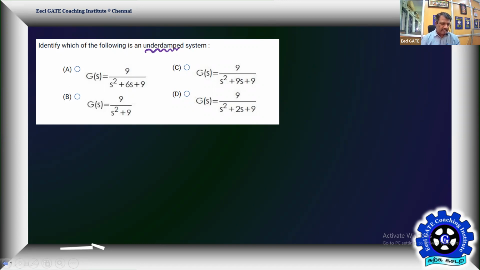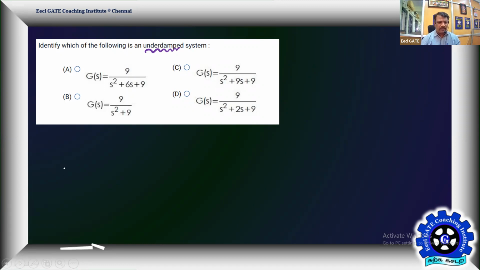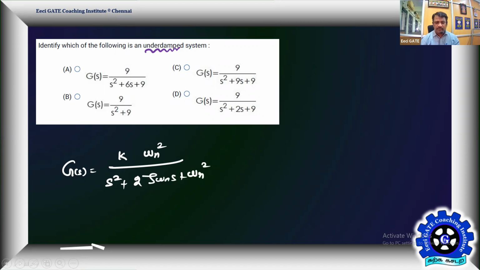The moment a second order structure is given, you have to go by the second order standard expressions, the transfer function G(s). We should write it as K, the static sensitivity with respect to the time domain. When you talk about damping, you get into the time domain. K in the frequency domain is the DC gain or zero frequency gain, since it's a low pass system. So here let me use the same K as the static sensitivity. K times omega n square divided by s square plus 2 zeta omega n s plus omega n square. That's your second order low pass function.